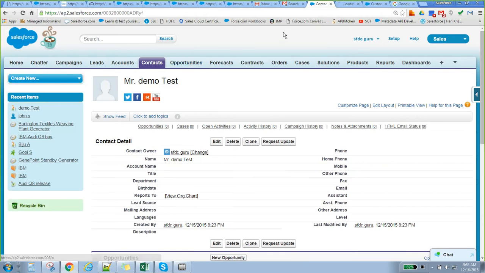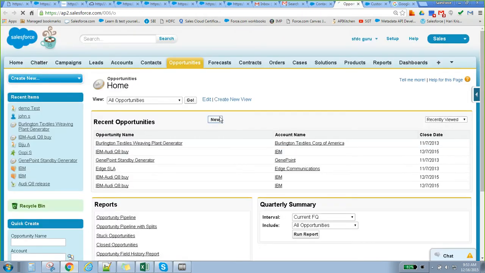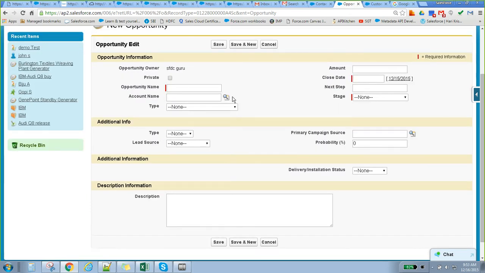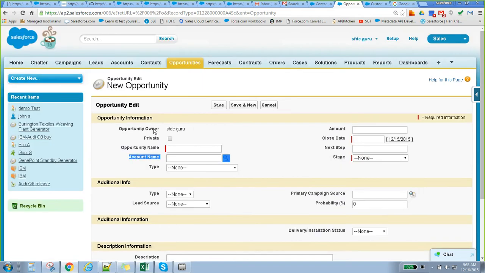If you go to Opportunity, here also it is a lookup, but it is not mandatory. It is optional, and we can create the record directly.